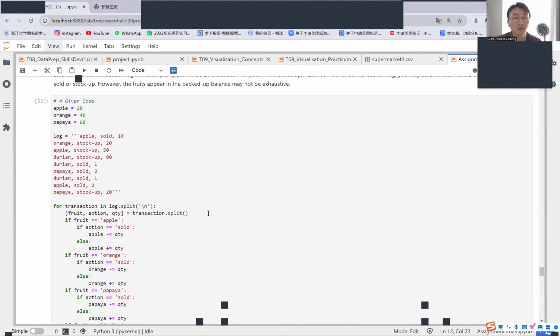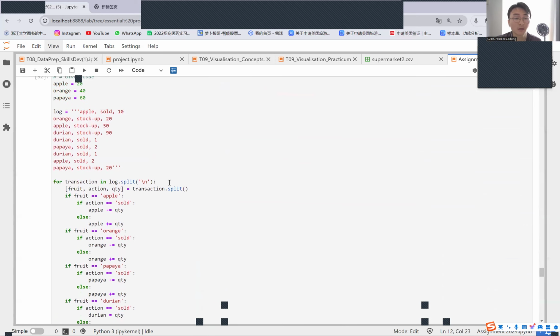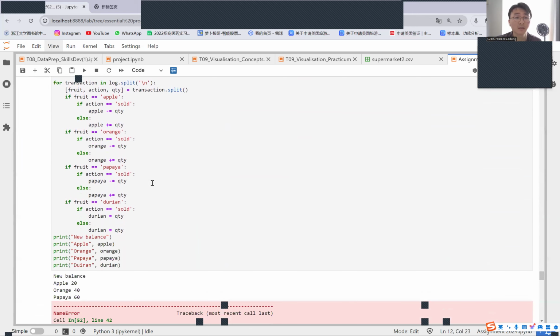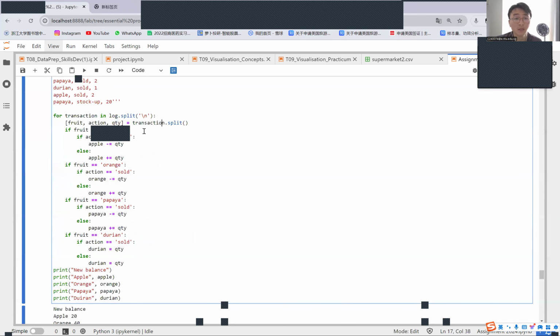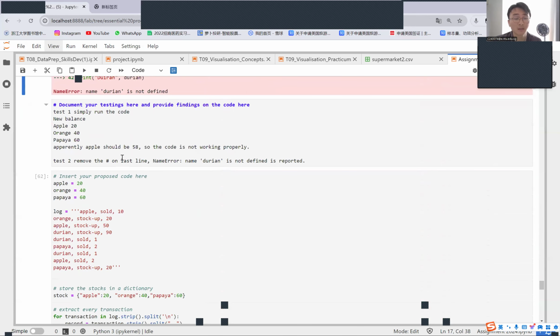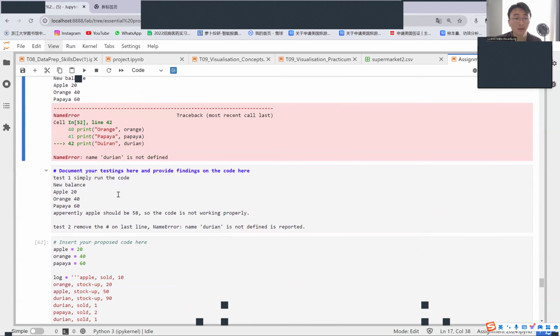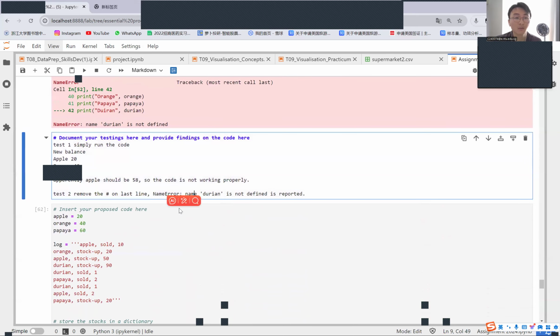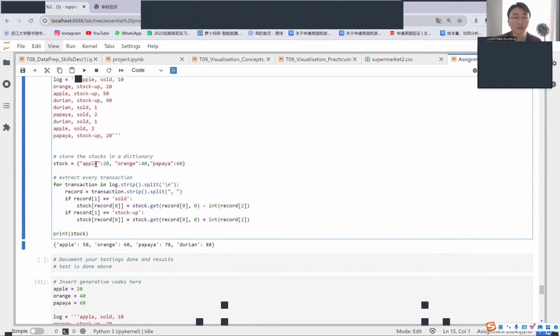And part 4, the apple, orange, and papaya and this stuff. The problem of this code is that the quantity here is a string instead of a number, so it cannot be added to or subtracted from the apples numbers directly. It has to be int. So the test is done here. It got problems. So my code here uses a dictionary to store the inventories and uses a get function